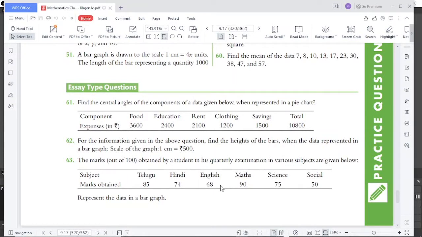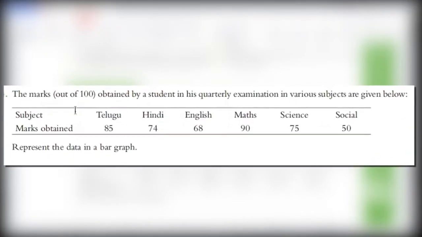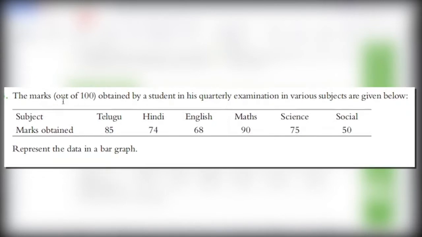In this video tutorial, I'm going to demonstrate how to represent data in a bar diagram inside Excel. Let me choose this problem. The problem is that a student out of 100 got different marks in different subjects, and the subjects are given here: Telugu, Hindi, English, Math, Science and Social Science, and the corresponding marks he or she obtained are: